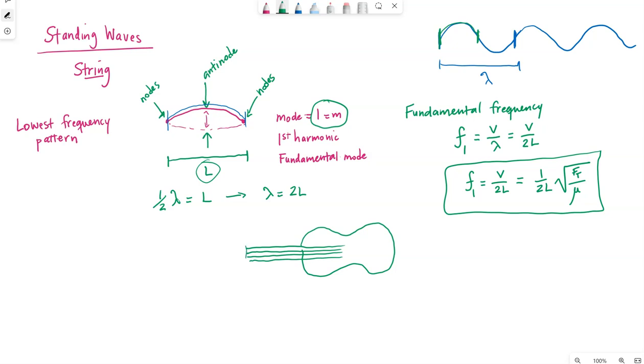So the guitar strings all pass over the head up here, and they attach to pegs. Those pegs are used to tighten or loosen the strings to tune them. And then they're all connected down here as well. Without putting our fingers down on the string, they all have the same length originally. They're all tuned